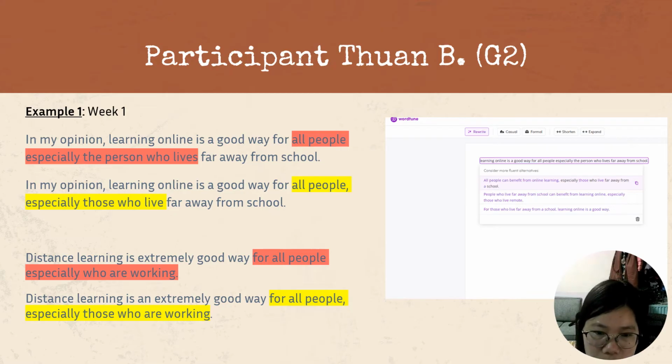And then she used, for all people, especially those who. Right. So this is the first one, and the second one is very similar: for all people, especially who are working, and then she revised it to especially those who are working.